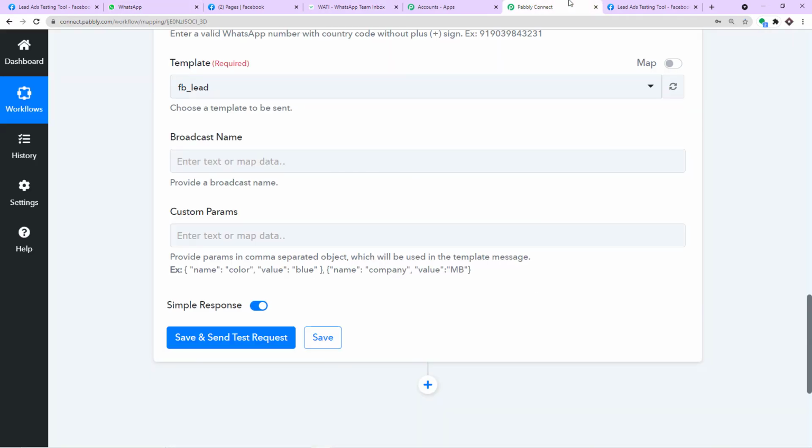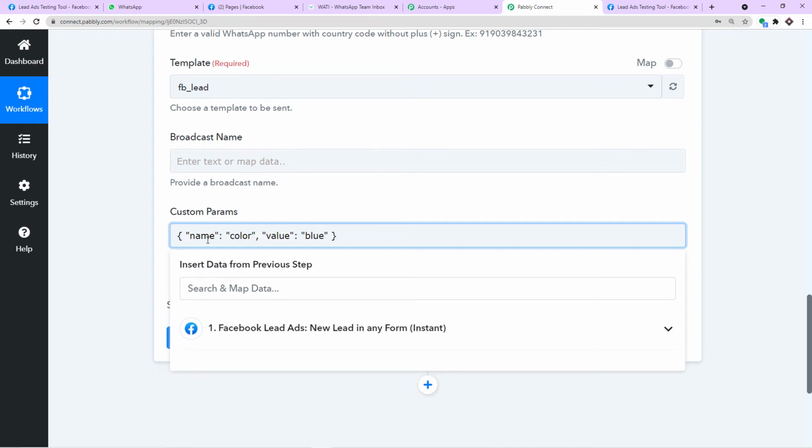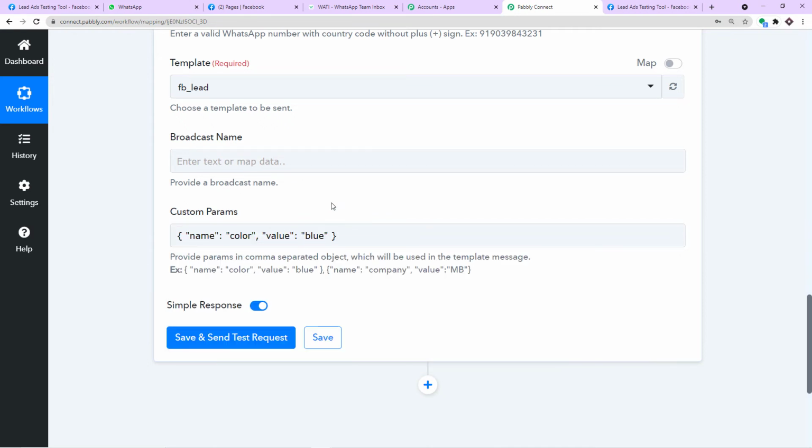Okay, easy. So what we are going to do here is just observe carefully. I'm just going to copy this, and afterwards I'm going to paste it here. So easy. So what's the next step? Now just observe. As you can see, the name of the parameter is color. It's just an example. The name of the parameter is color. The value of the parameter is now blue.